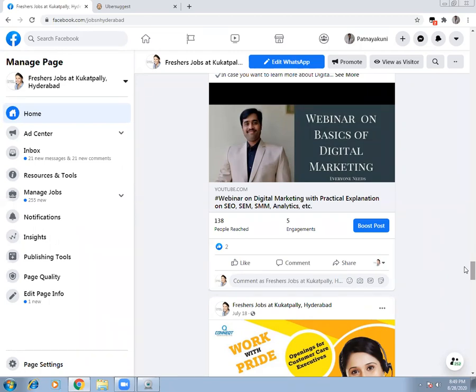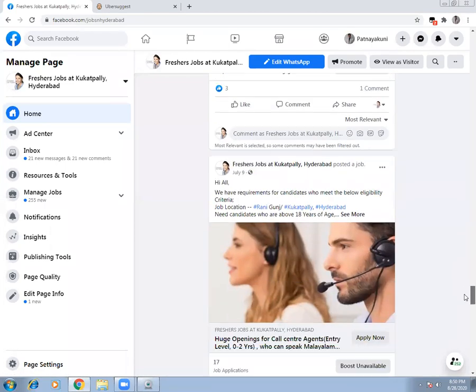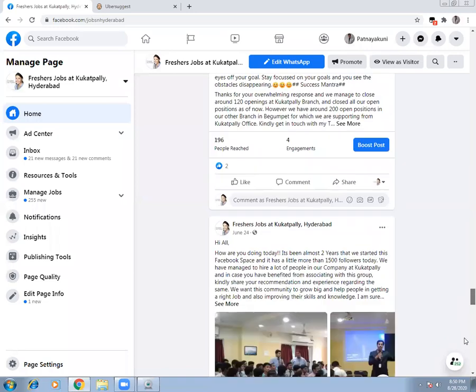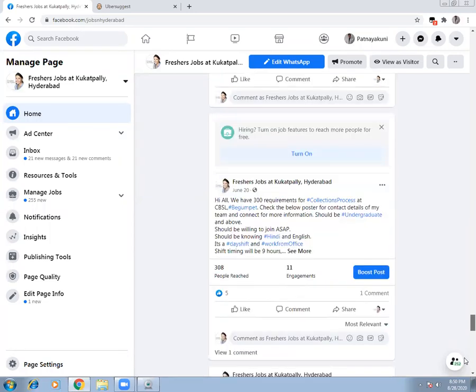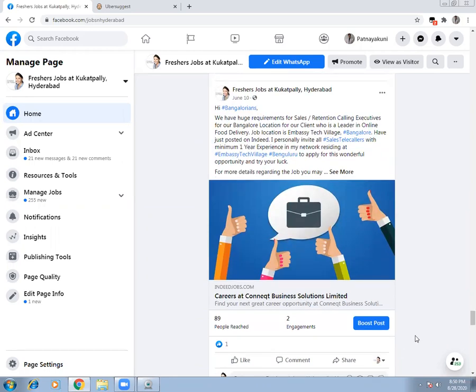So in order to ensure they're all active, you need to post some stuff for them. You can design some banners using Canva, and you can put your pictures and all. This is something which my company did, though we didn't do it using Canva. So basically, you can use all these things, you can boost it, you can put whatever you want, and this is how it will help.